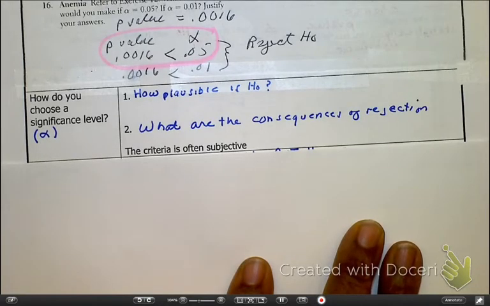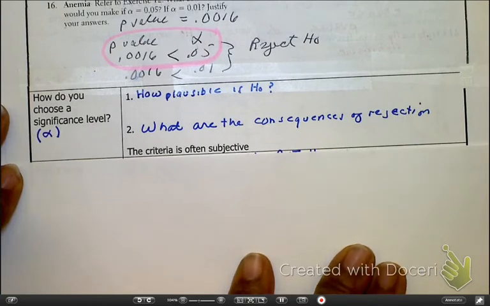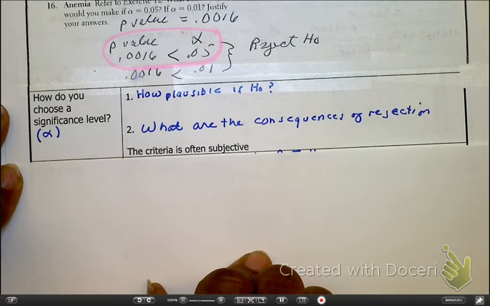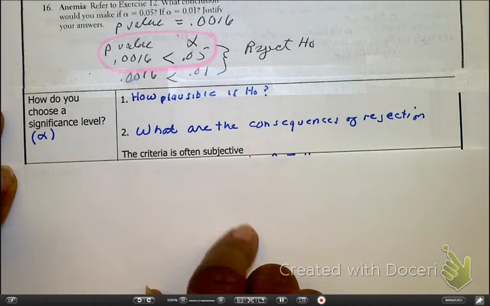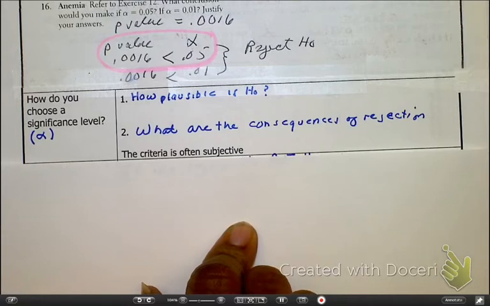However, as we look at page 6 of our notes, the question is, how do we choose alpha? Well, there's a couple of questions that have to be asked. How plausible is the H0? Remember, the H0 is the null hypothesis. And as we look at how plausible, we have to sometimes think about